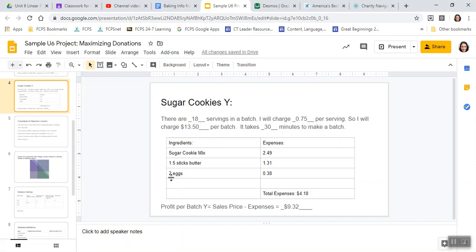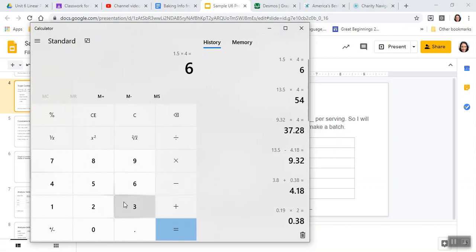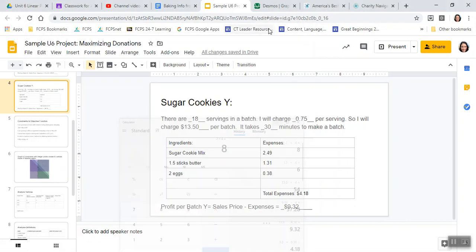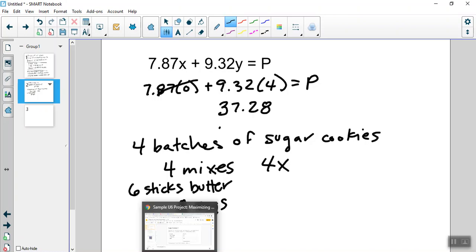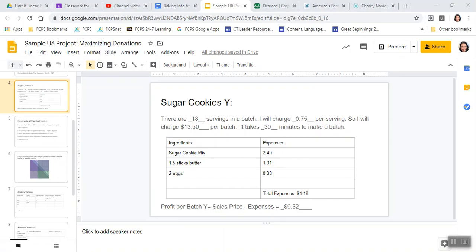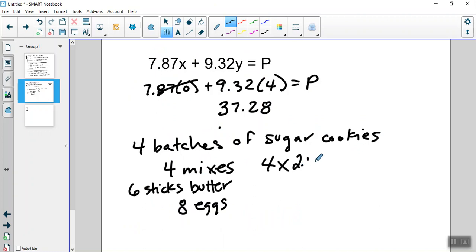Okay, let's see how many eggs I need. I need 2 eggs for 1 recipe, but I'm making 4 recipes. So I need 2 times 4. I need 8 eggs. So to make 4 batches of sugar cookies, I'm going to need 4 mixes. So that would be 4 times, what did I say the price of the mix would be? $2.49. I'm going to need 6 sticks of butter, and when I look at the price for butter,